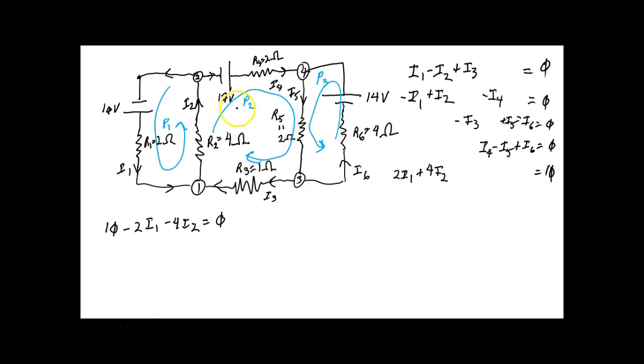Let's go to path 2. Now you can start anywhere you want to. I like to start, just because I like it, with the power supply, the voltage, the EMF, the potential difference, whatever you want to call that. If I start here at the number 2 and start going around the path in a clockwise fashion, I hit first a positive 17. Going up the voltage 17. And then I